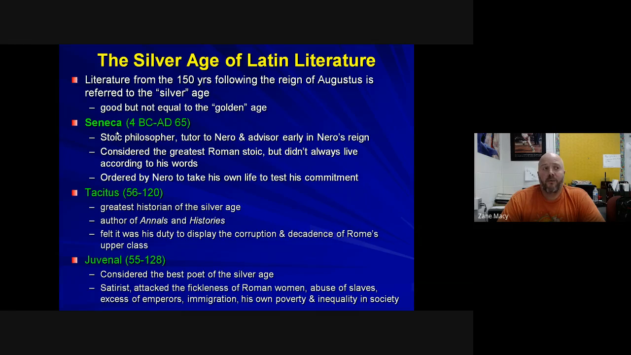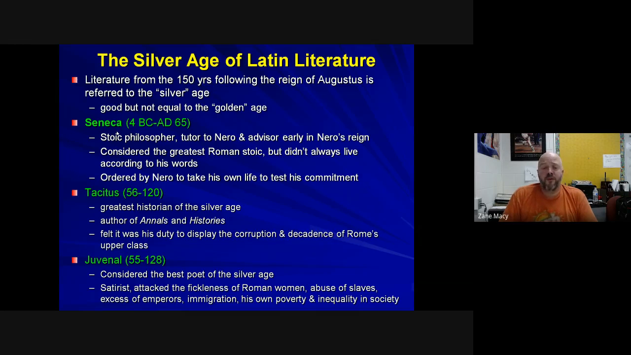Tacitus, again, while he might not be on par with some of the historians of the Golden Age, was considered the greatest historian of the Silver Age. You might consider him today, I wouldn't necessarily call him a social justice warrior, but he did fall in line with certain aspects of what Augustus would have